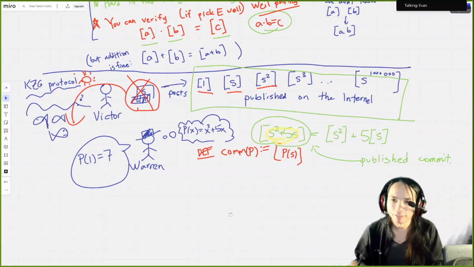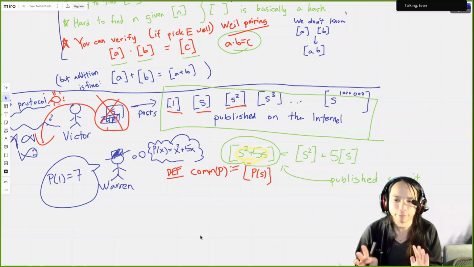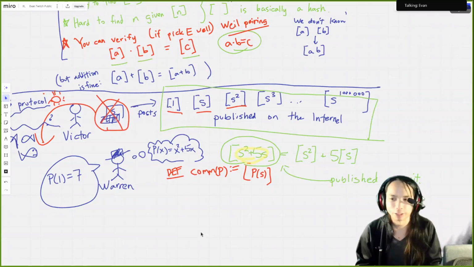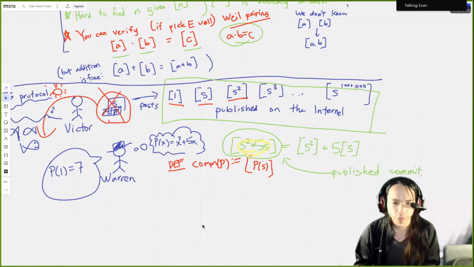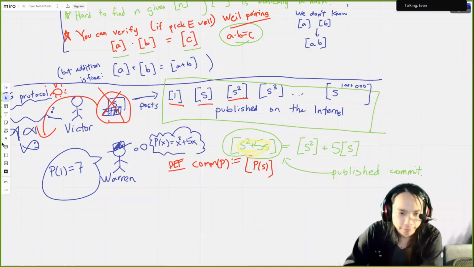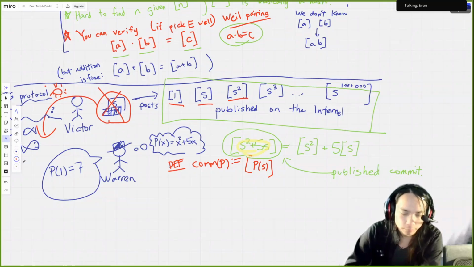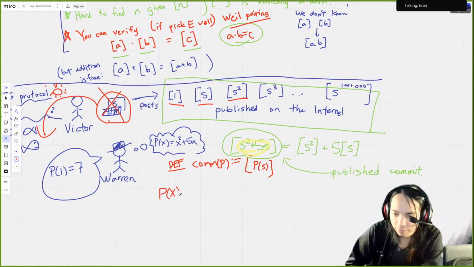But Warren wants to convince you at least that P of 1 is 7 and tell you nothing else about the polynomial P. So I want to open the polynomial commitment at just that one point. So what Warren's going to do is take his polynomial, P of x minus 7, which I guess in this case,